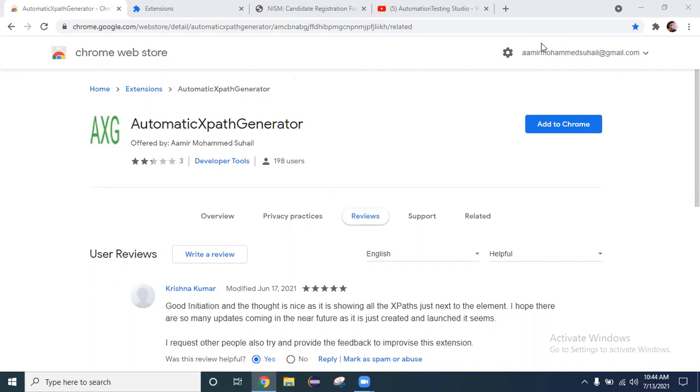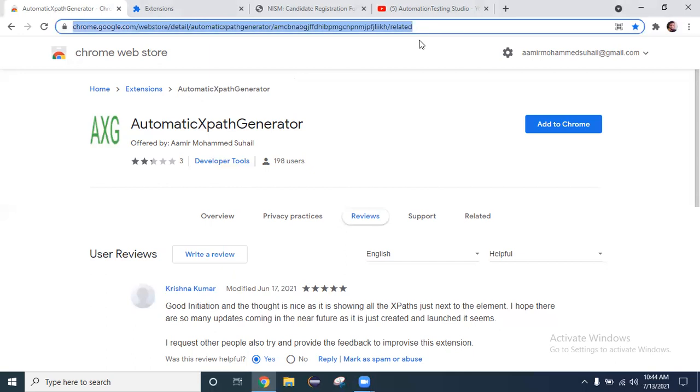So with that intention, I have developed this Chrome extension which will give the XPath automatically for all the web elements, whatever are there on the web page. So today we will discuss how to use this Chrome extension, how to add it in your browser, and then how can you copy it, how can you track what all you have copied, all those things we'll see. So let's get started. So first of all, you have to navigate to this link.